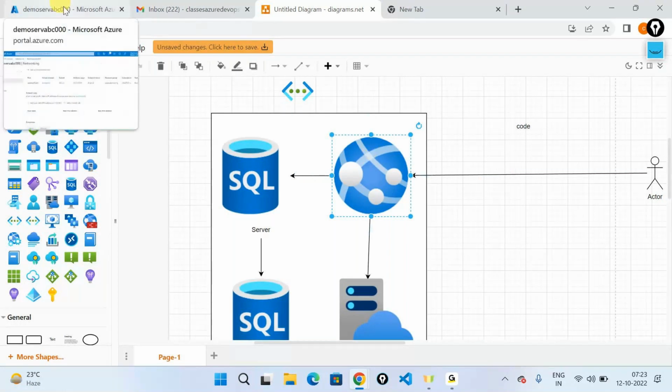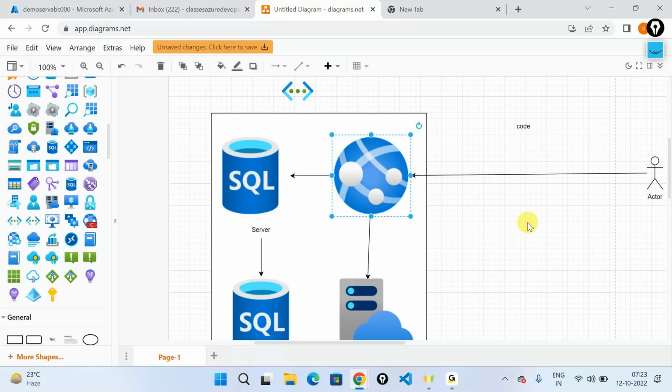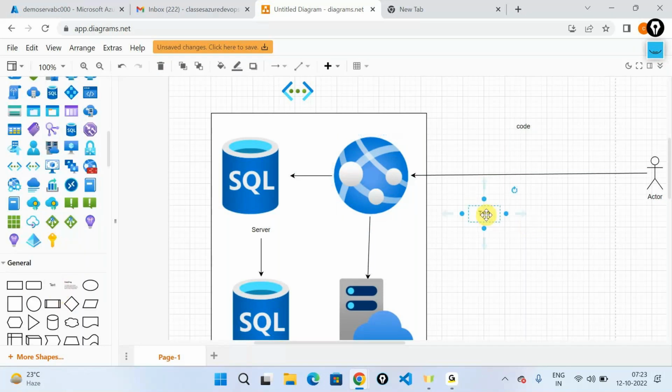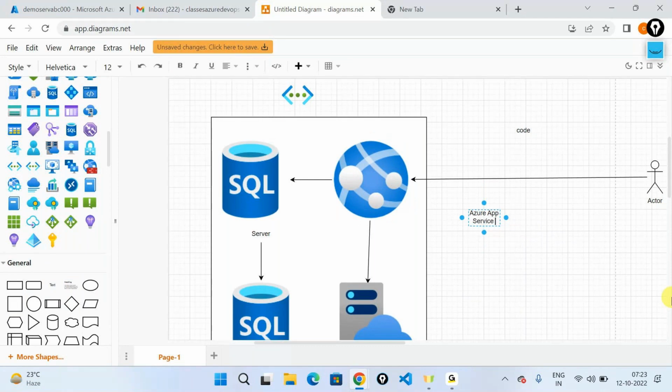This is called Azure App Service VNet integration. That's the concept that I actually want to go into. Azure App Service Virtual Network Integration,